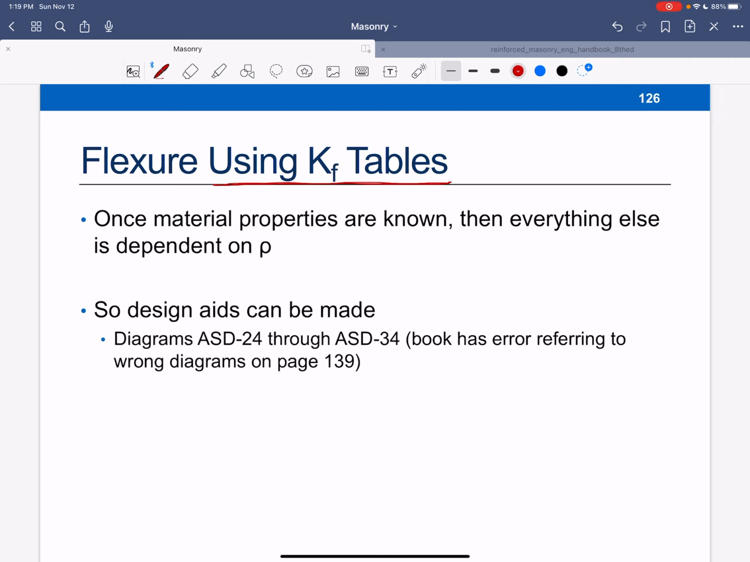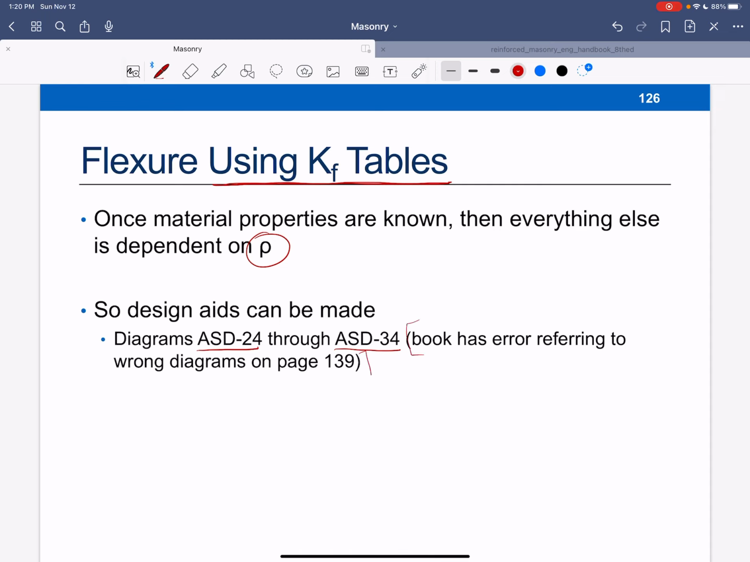But once material properties are known, everything else is dependent on rho, right? So your rho value is the ratio of reinforcement. So once I know what all the material values are, I just need to know how much steel. Okay, so design aids are easily made for this, and those are in ASD 24, ASD 34,